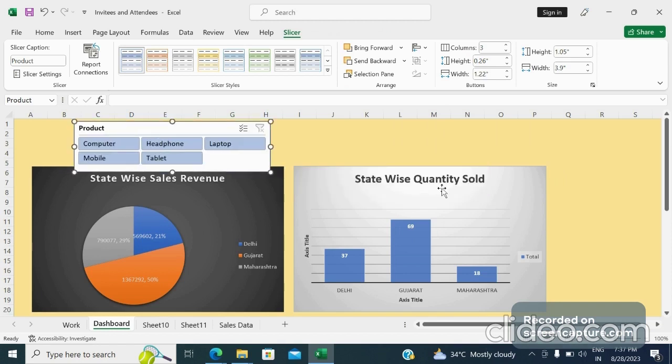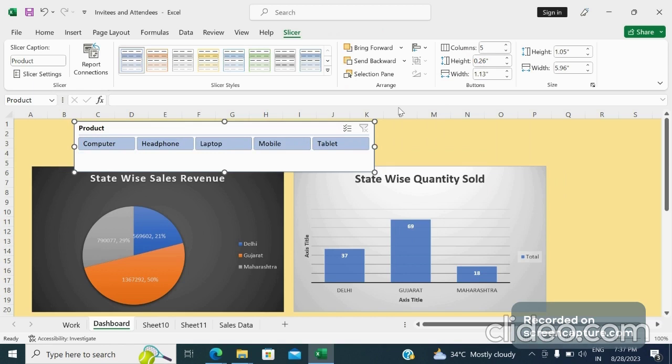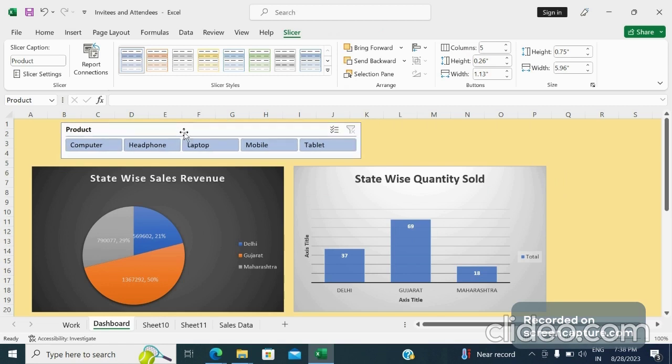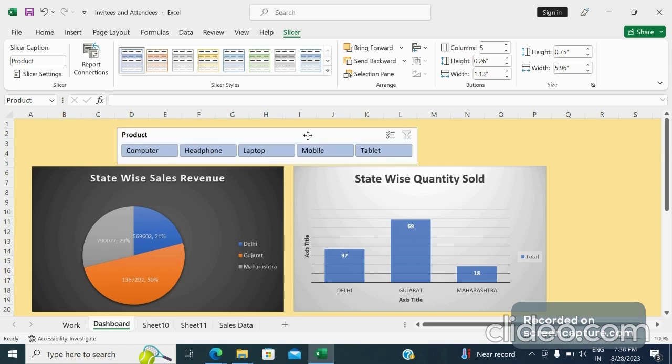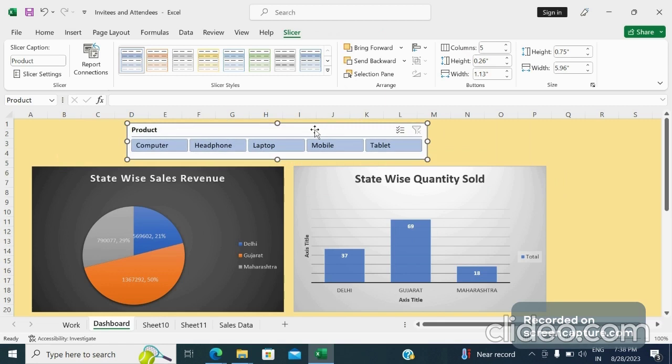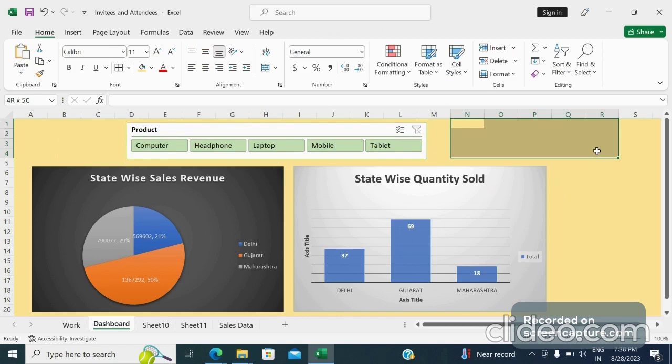You can make this fit here. For that, we need to expand a little more, and then let us see if we can create one more column. Let's create 5 columns, not a problem. It is better visible now, right? So let us put it here, in the middle, and then let us select this color, and let me make this